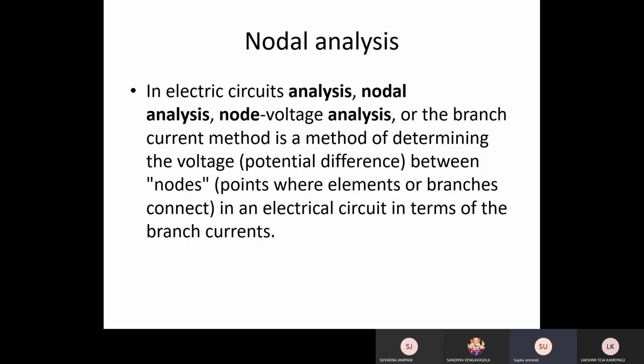Next, what is nodal analysis? Already I told you that Kirchhoff's current law means the algebraic sum of the currents is equal to 0. It is called nodal analysis because this KCL depends upon the node voltages. A node means 2 or more points meeting at one point. This expression is based upon the current, and current is equal to V by R.